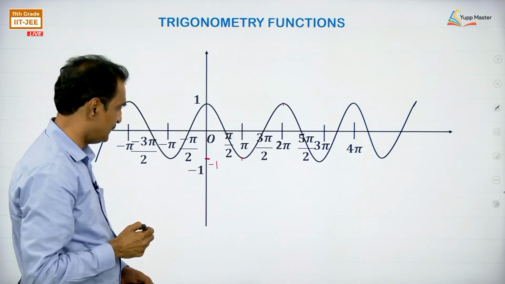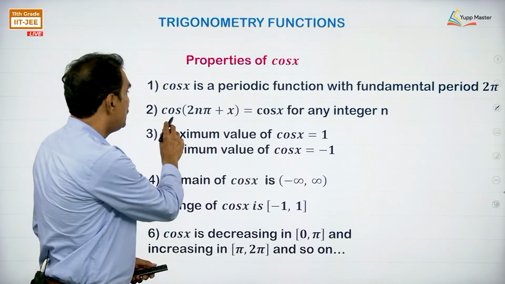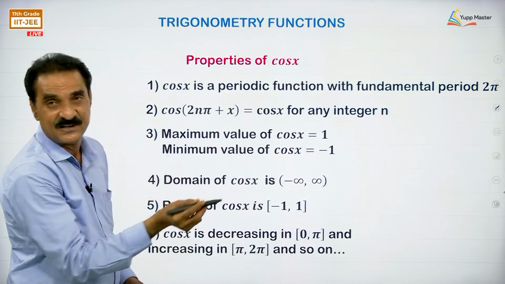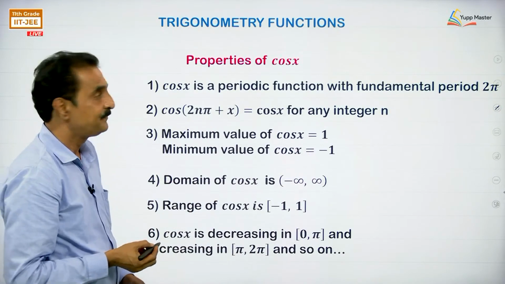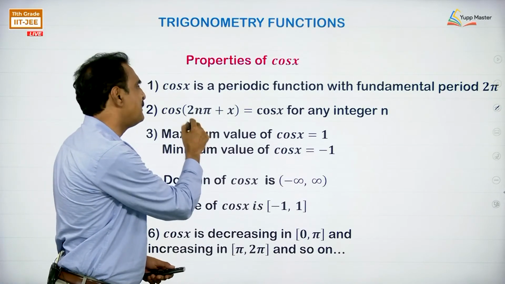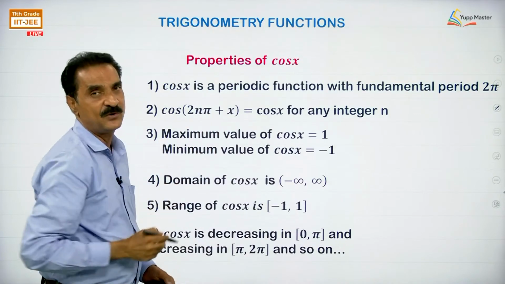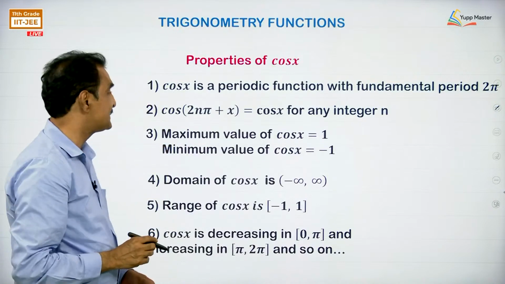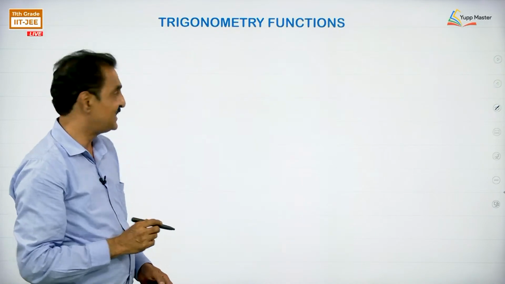Next is cos of 2n pi plus x is equal to cos x for any integer n, just like sin x, because of the period 2 pi. Any number of periods you can add to x, the value remains same. Maximum value of cos x is 1, minimum value is minus 1, that you can observe